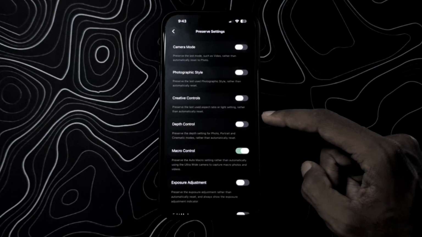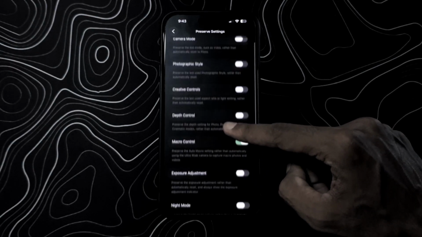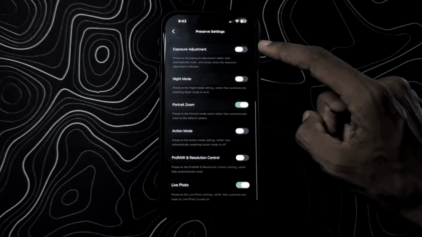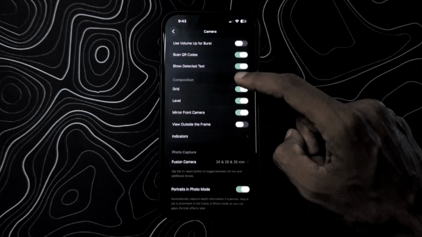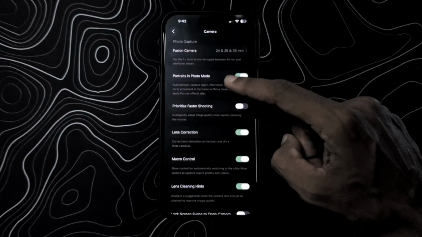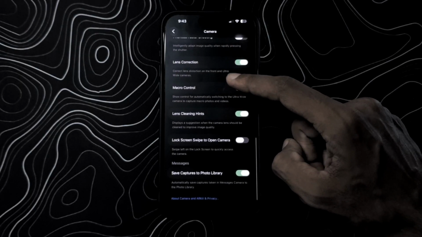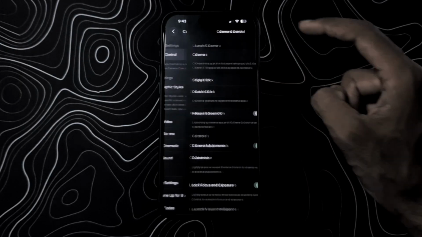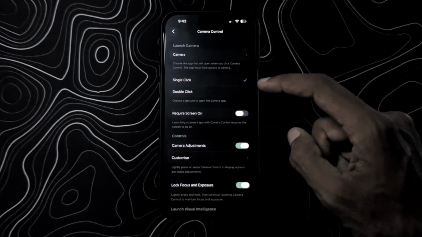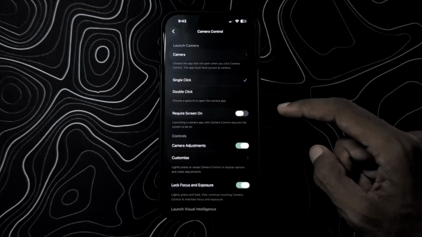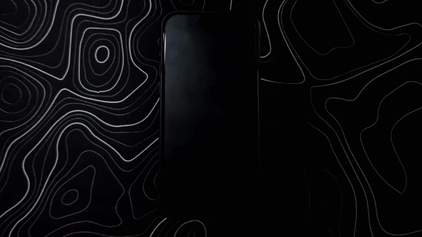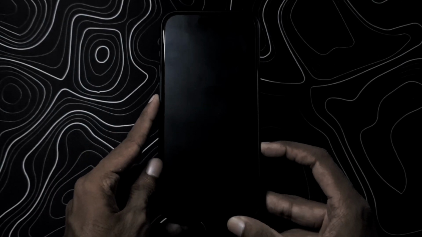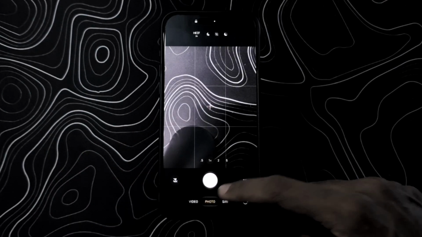Personally, I use the exposure settings a lot using the camera control button because I find the exposure is a bit higher by default in iPhones. What I do is I simply change the settings using camera control button, which gives me a clean preview in the viewfinder, and then I simply use the shutter button to take a photo instead of the camera control button so that it does not blur the photo.